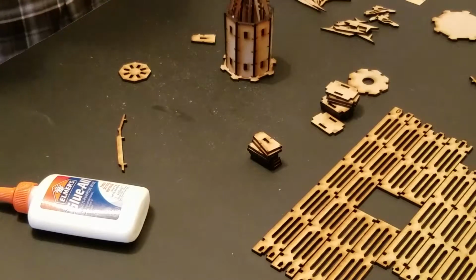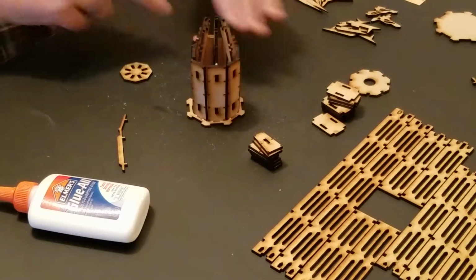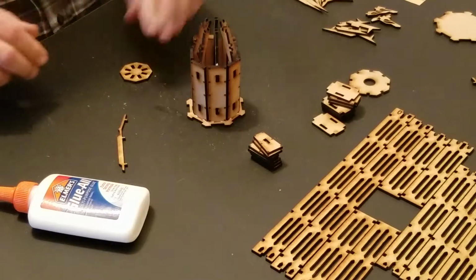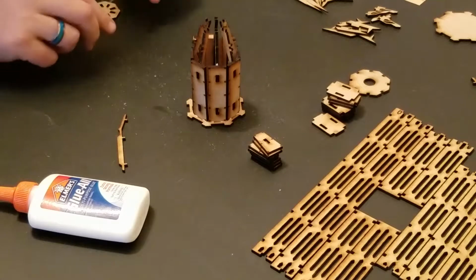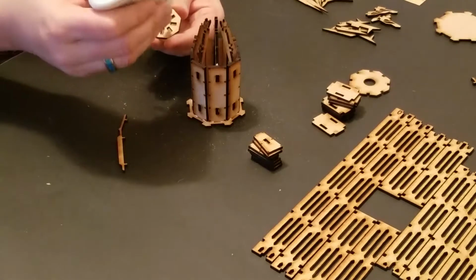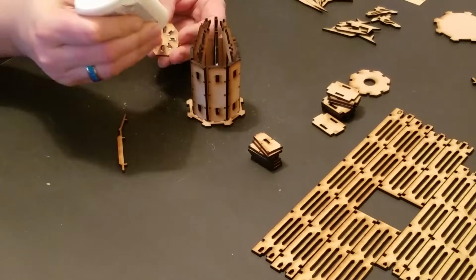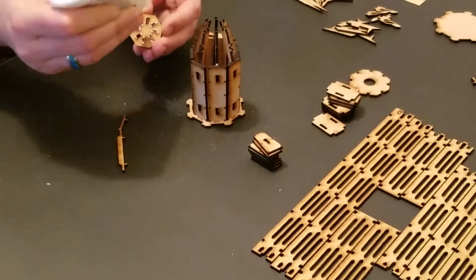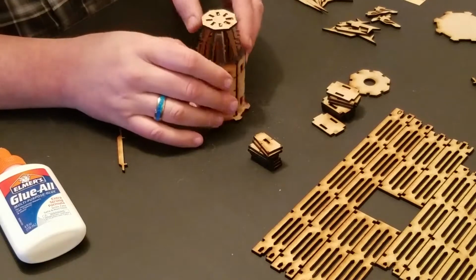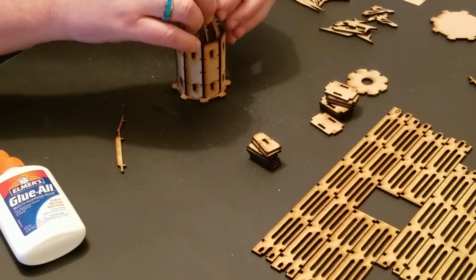All right, now all of those are on. Some are a little crooked, but that's okay. Now we're just going to attach all of them onto this piece. With all these kinds of things, it's easiest just to start on one side, angle it a little bit,